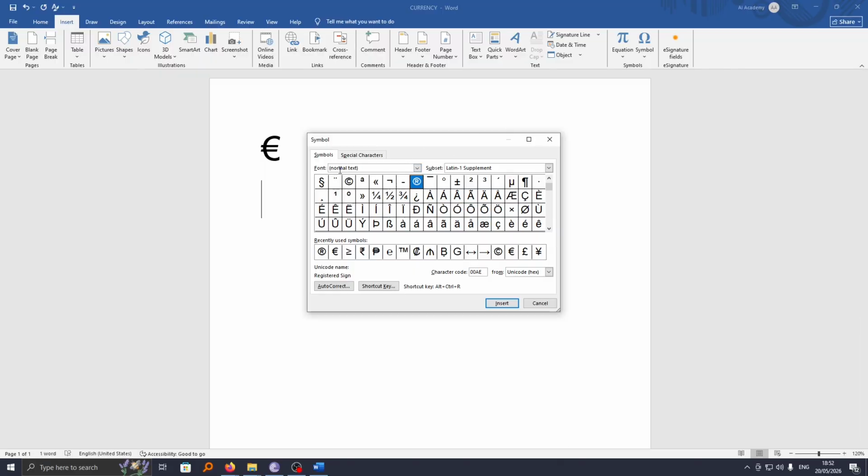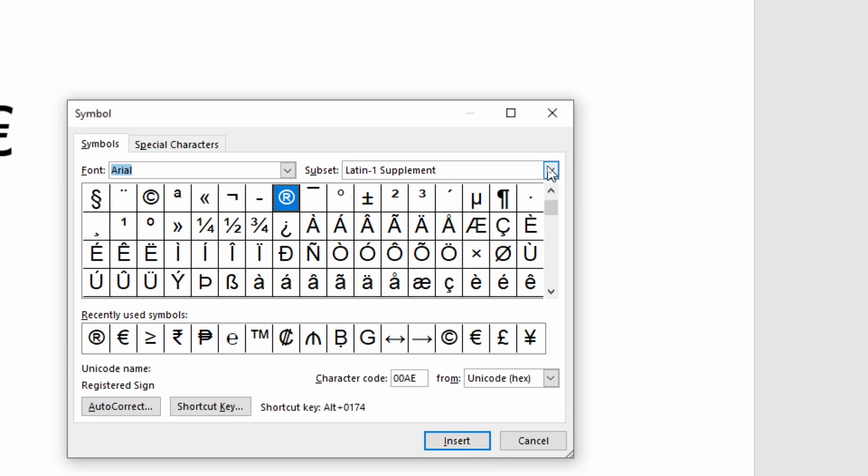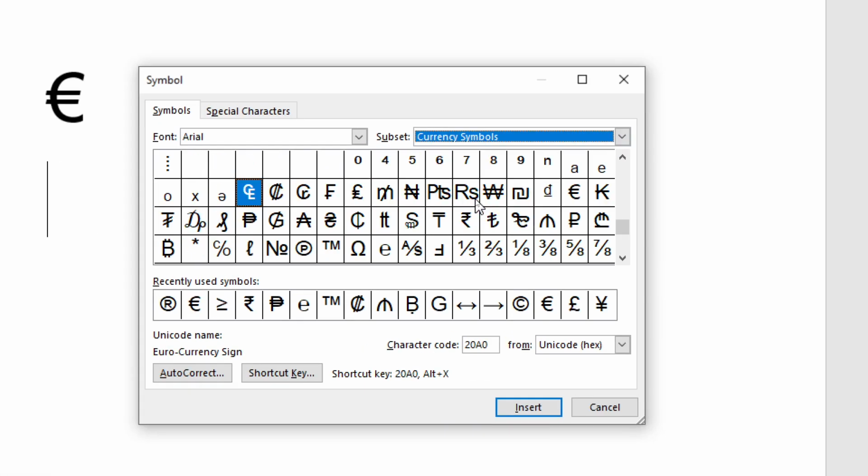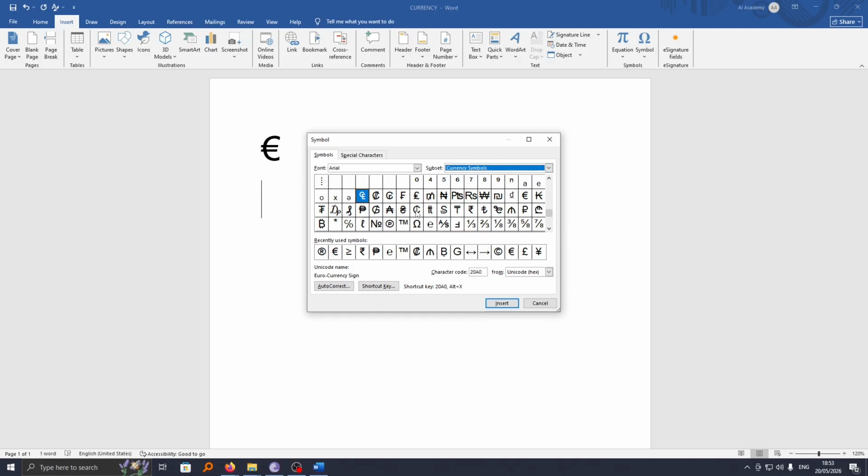Here you need to change the font size to Arial, so I'll go to Arial here. That is the best font style you can use, and then head to subject, and under subject scroll down until you see the option for currency symbols and select here. Now you will be able to see major currency symbols around the world, and among them we have euro symbol here. Click on it, and now remember, we don't want just to insert directly, but we want to create a